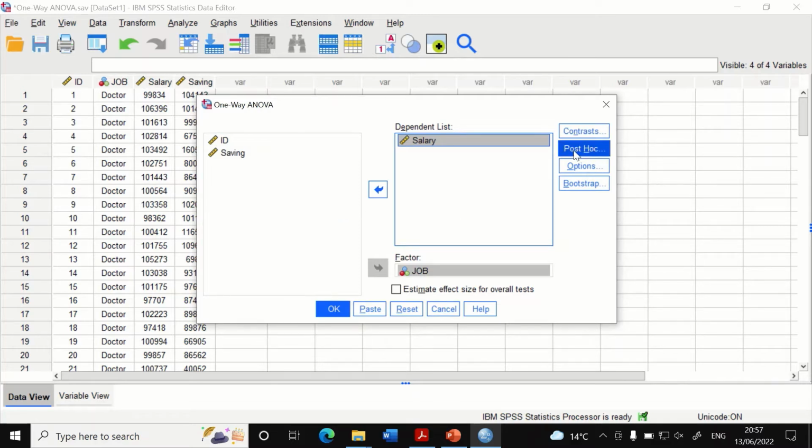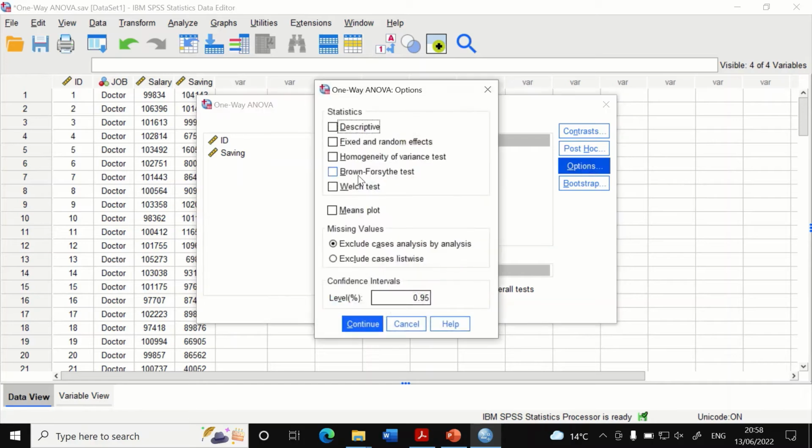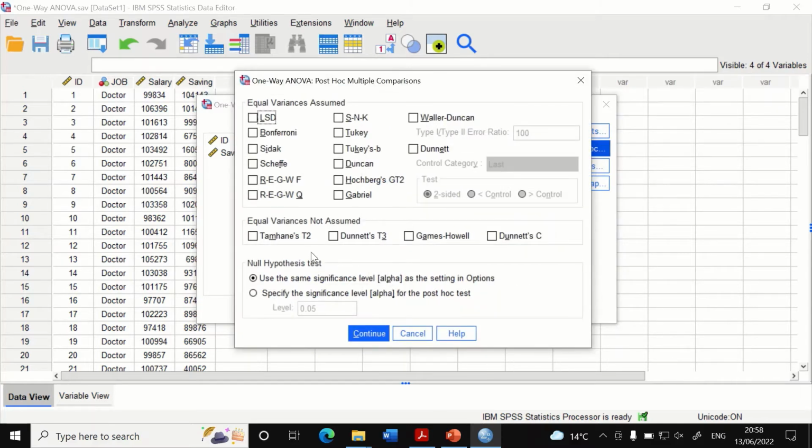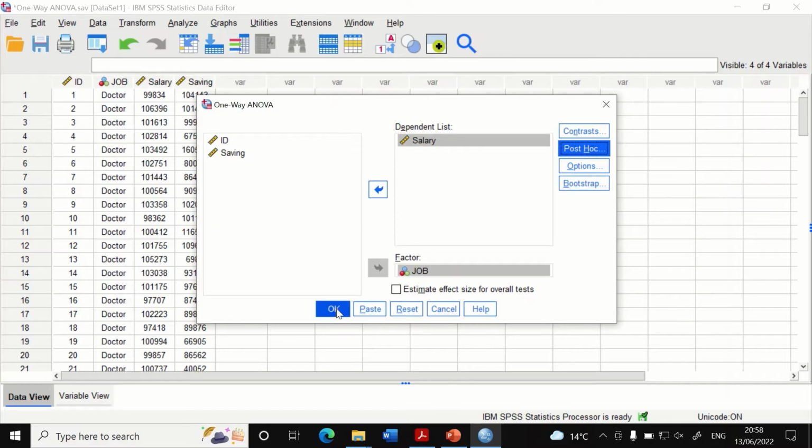And I'm going to select options, click on descriptive, homogeneity of variance, and I will include Brown-Forsythe test and Welch test, and also will plot the means. Click on continue, and for post-hoc, since we presume that there are equal variances, I'm going to stick to Tukey. Tick that box and then click on continue. If you click on OK,